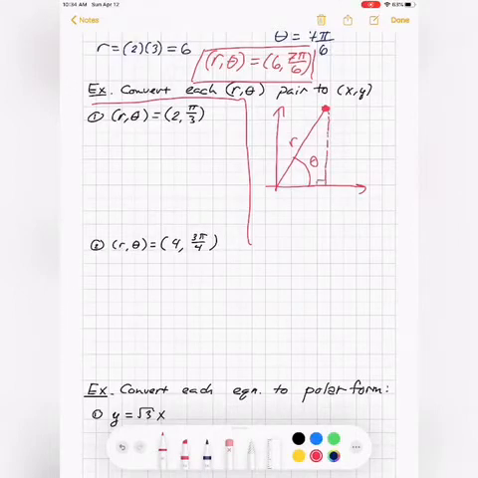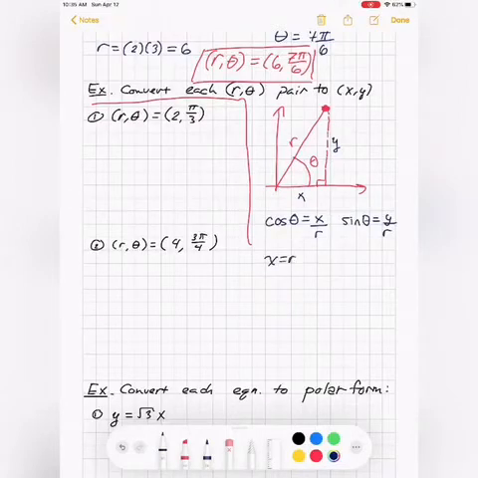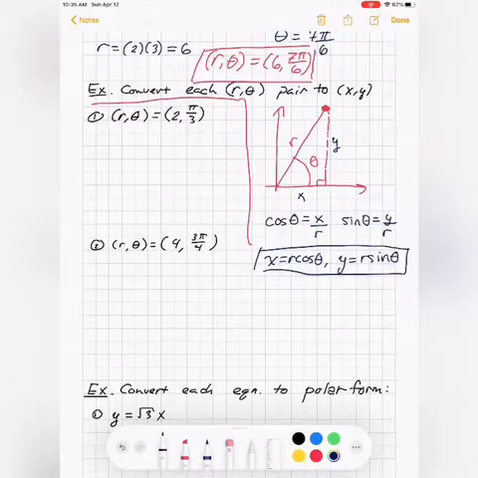But you can see what I have here then, I have a right triangle. This time my goal would be to find the x and the y. Okay, so can't I do that by saying something like this? Let me look at the cosine of theta. Wouldn't that be x over r? Wouldn't the sine of theta be y over r? Oh, look at that. So there I have a pair of equations